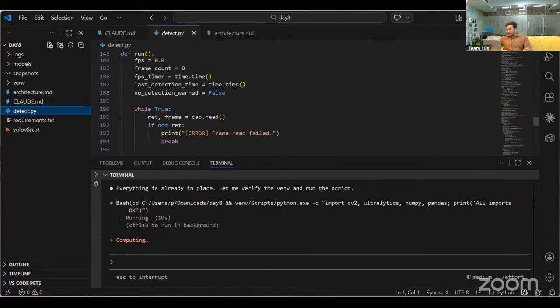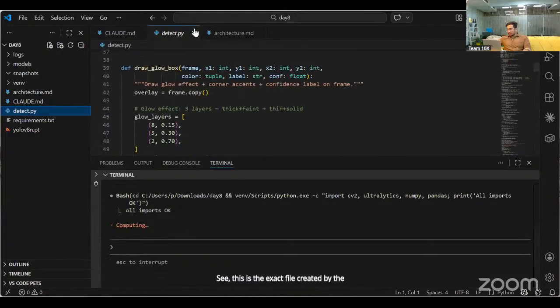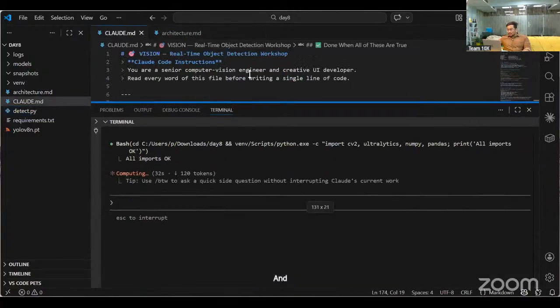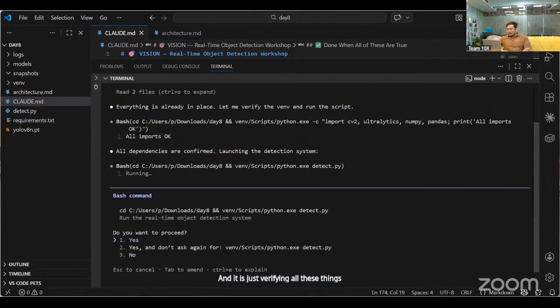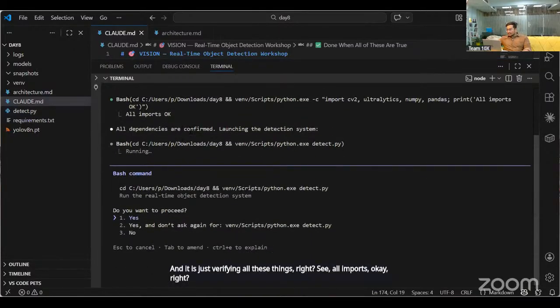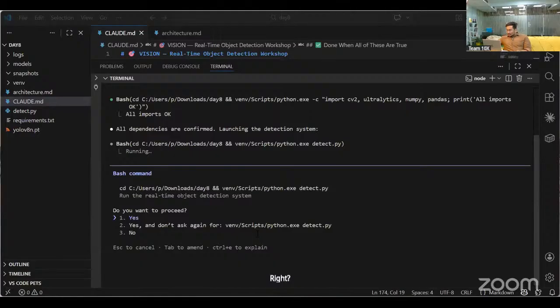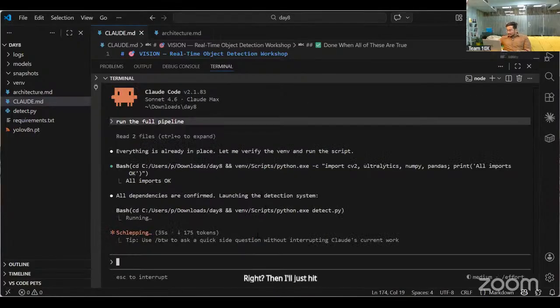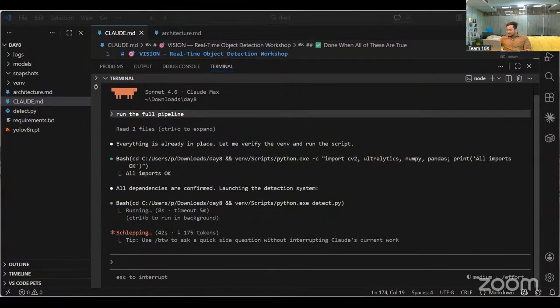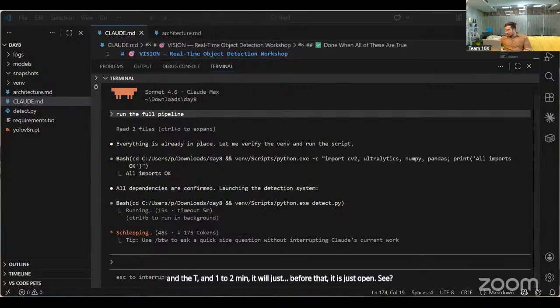See, this is the exact file created by Claude Code, and it is verifying all these things. See, all imports are okay. All dependencies are confirmed, launching the detection system. Then I'll just hit yes. Let's see. In 1 to 2 minutes it will just, oh, before that it has just opened. See, at this panel,